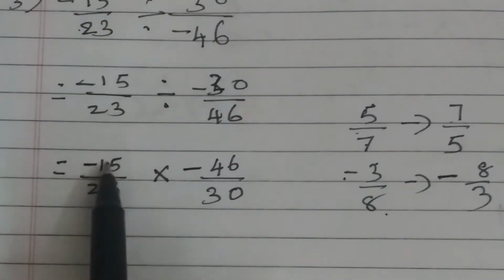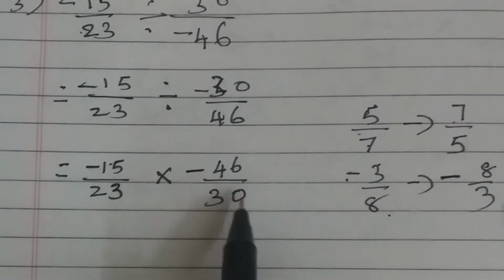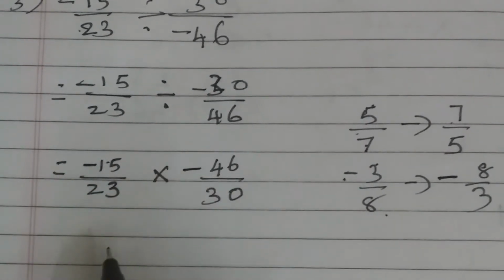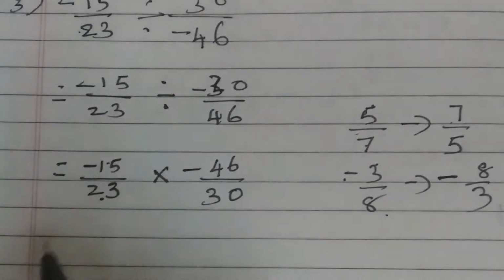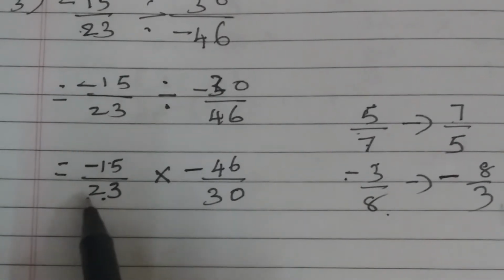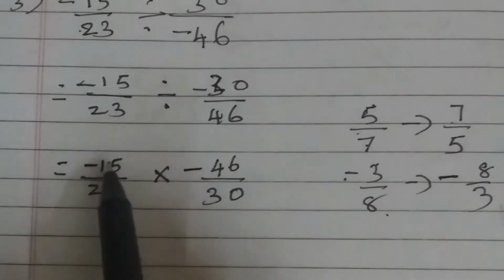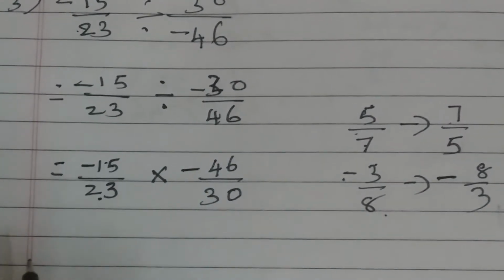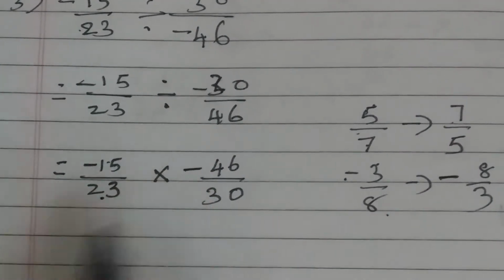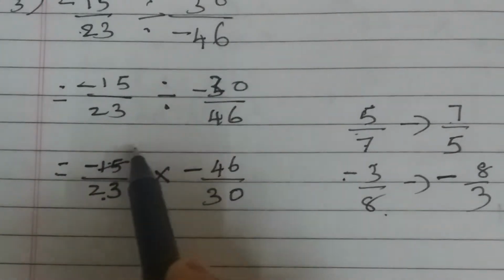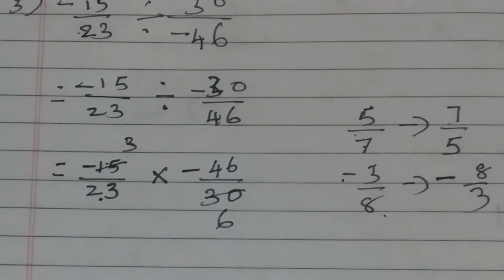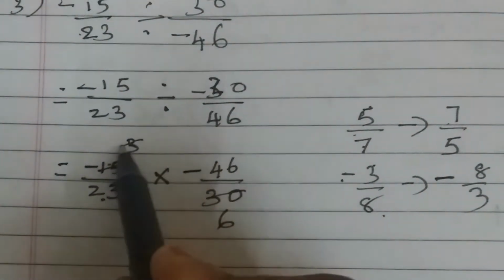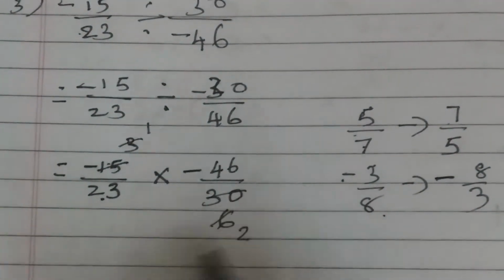That is, if numerator and denominator have a common factor, we have to cancel them. See, 23 is a prime number. It is not divisible by any other number. It comes only in the 23 table and the one table. You can check the 3, 4, 5 tables. It won't be there in any of them. Now take 15 and 30. Both come in what tables? Yes, they are there in the 3 table and 5 table. So we cancel by 5. 5 3s are 15, 5 6s are 30. Now 3 and 6, yes, they are there in the 3 table. 3 1s are 3, 3 2s are 6.